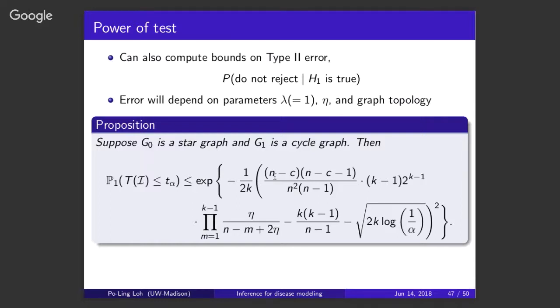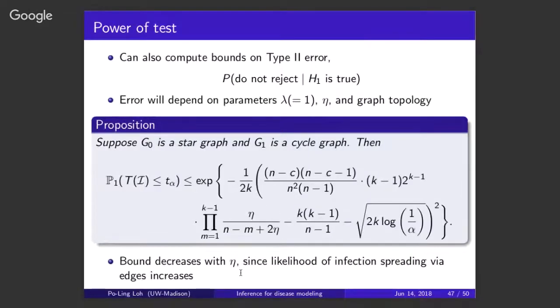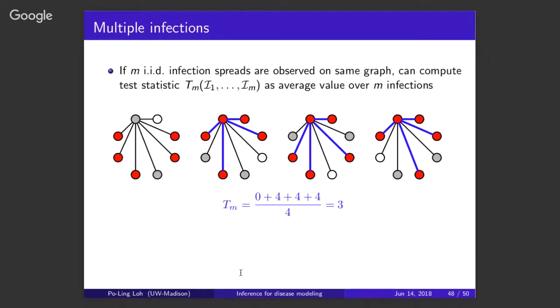So the sanity check is to look at this expression for the probability of error. And then it turns out that as eta gets bigger, the error decreases. So that's confirming exactly what we were saying, which is that since eta getting bigger means that graphs are easier to distinguish, then the probability of error should be decaying. And I'll come back to this expression in a moment in a different setting.